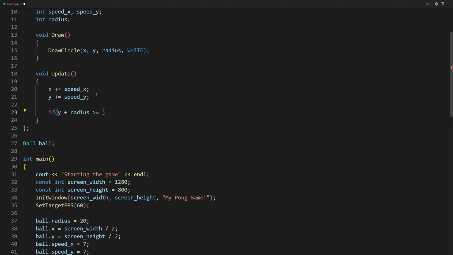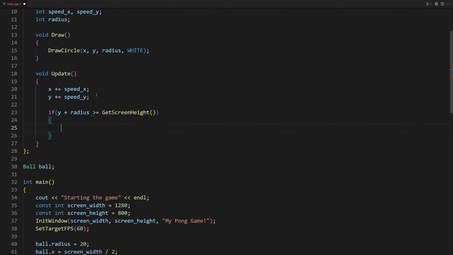Now we need the window height, but we have declared it inside the main function. We can make it a global variable, but we can also call the getScreenHeight function of the Raylib library, which returns that value. So we add getScreenHeight. Now we have to reverse the speed on the y-axis. We simply type speed y asterisk equal -1.